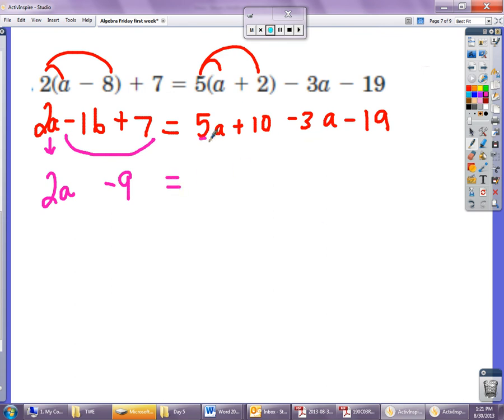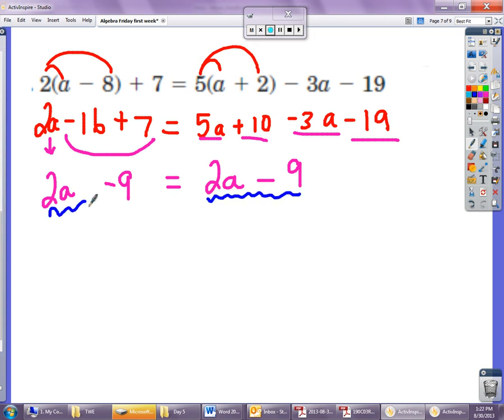Now I have a 5a and a negative 3a. So together, that's 2a. Positive 10, negative 19. When I combine them or add them, 10 plus a negative 19, you get negative 9. Now, at this point, you might notice that you have exactly the same thing on both sides